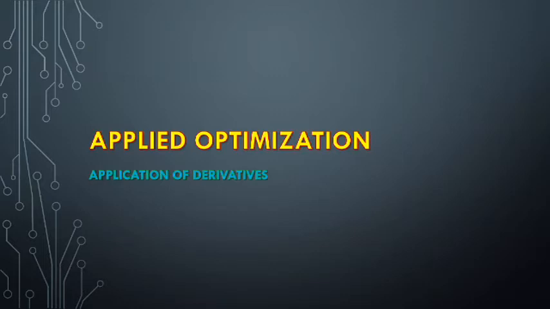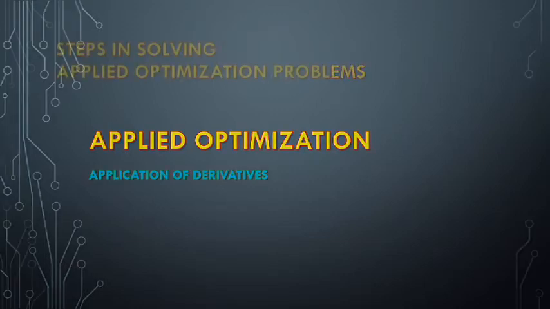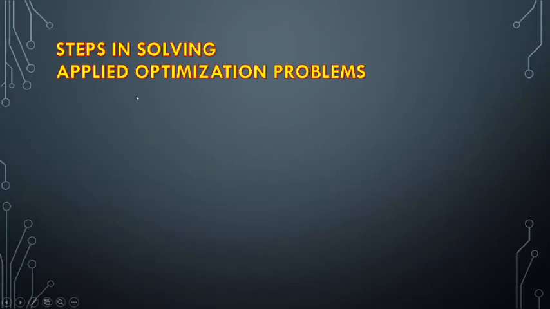So for today, our topic is applied optimization. This is the application of derivatives in optimization problems. We have the steps in solving applied optimization problems. Number one is understand the problem. Lagi naman, read the problem until you understand it and find what are the given and unknown quantities to be